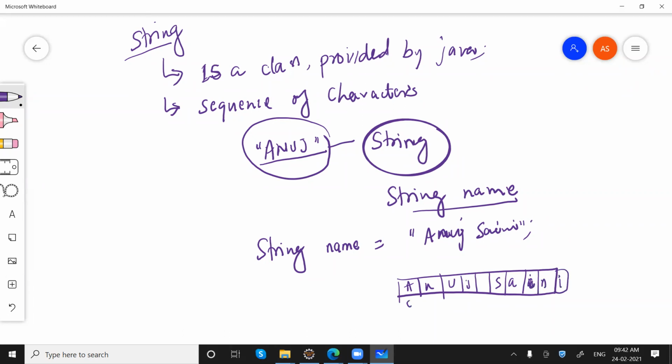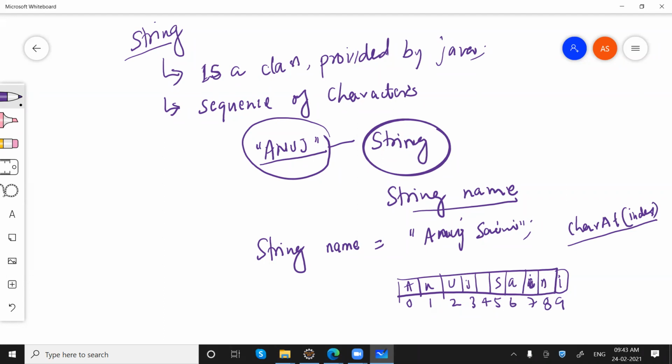So indexing will be like 0 1 2 3 4 5 6 7 8 9, similar to an array. When we say charAt, we pass a number that is basically the index.